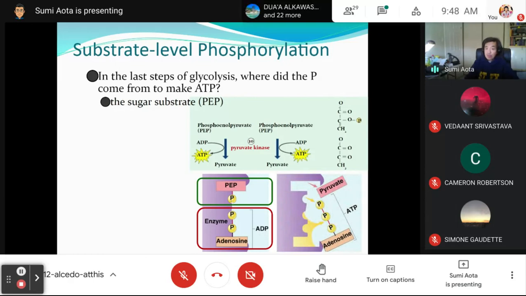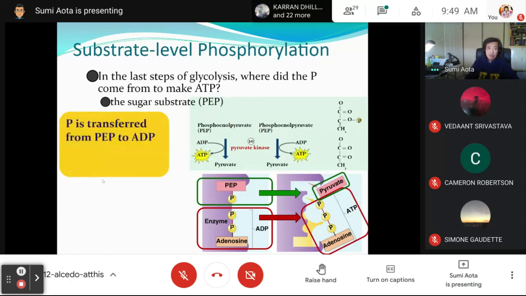The PEP loses the phosphate, turns into pyruvate. The phosphate gets transferred onto the ADP, right? So it went from here to here. We now have ATP, okay? So the PEP became pyruvate, and the ADP became ATP. So the phosphate transferred from PEP to ADP. We used a kinase enzyme, and the ADP became ATP. Therefore,